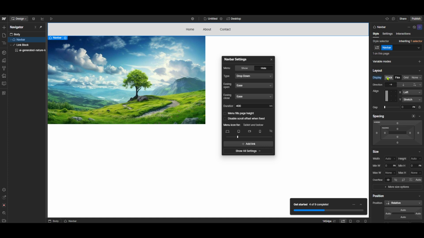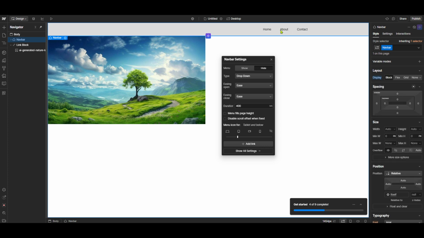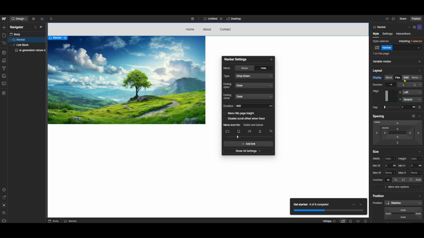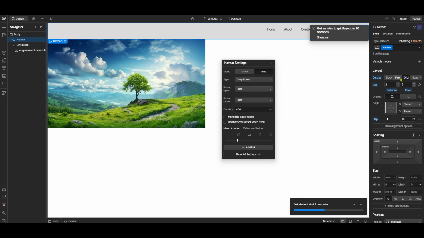Take your time to experiment with different styles until you find one that truly makes your website stand out. That's it for today. With these steps, you're well on your way to creating menus that are not only functional,